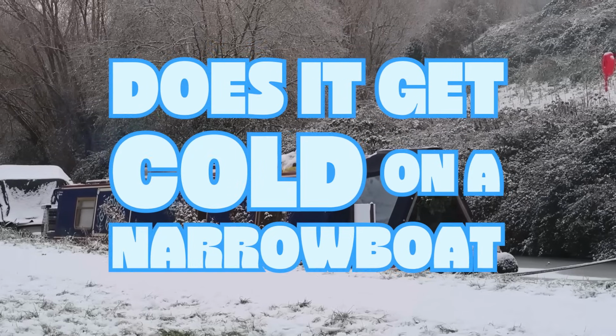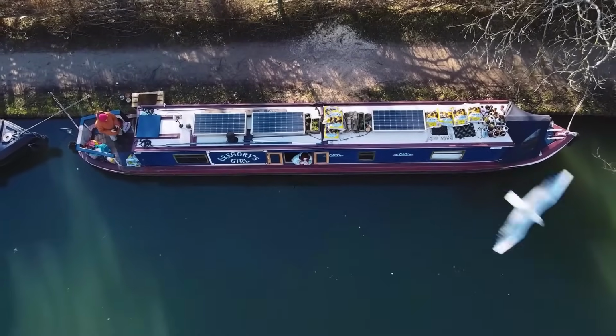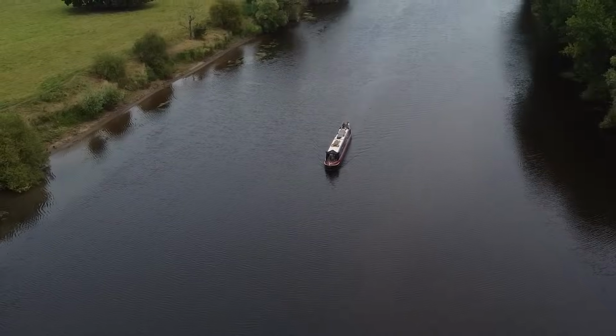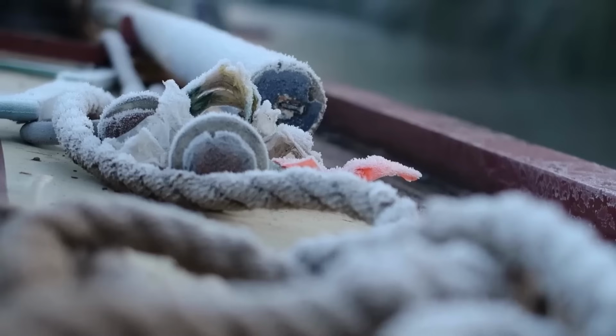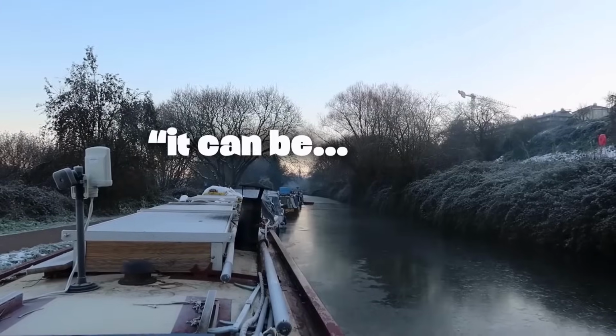Does it get cold on a narrowboat? Is a question we're always asked as full-time liveaboard boaters. We're Amy and Wes. I'm Rufus. And we've been floating around the UK's canals for 3.5 years now. With 3 winters under our belts, our response to the question is normally, well, it can be if you don't